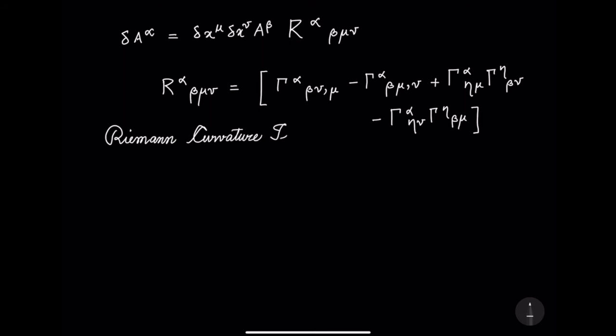It's a tensor. So remember that if all components of a tensor are 0 in one reference frame, they must be 0 in all reference frames. And that is the case where we say that the manifold is not curved. So what is the type of this tensor? This tensor has one contravariant and 3 covariant indices. So it's type 1-3, and we can write this as,